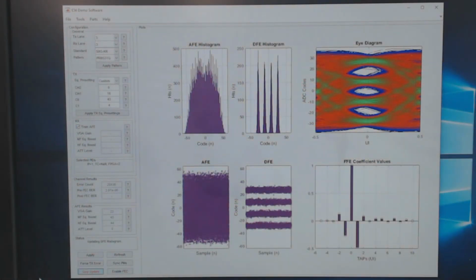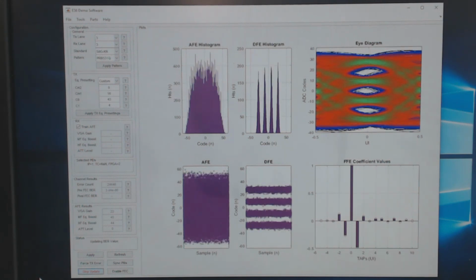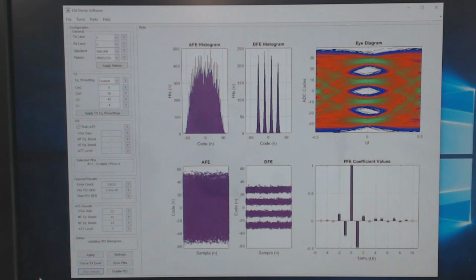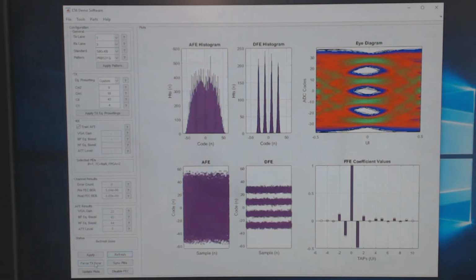Looking at the repeated diagnostic and bit error rate captures, you can see that the receiver DSP is able to open up the PAM4 eyes and that the raw bit error rate is on the order of 3 times 10 to the power of -6. The 56G Ethernet standard was designed with this raw level of performance in mind. That is why a Reed-Solomon forward error correction, or RS-FEC, scheme is included. Let's enable the RS-FEC and observe the post-FEC bit error rate. After resyncing the pattern matchers, we can see that the post-FEC bit error rate is 0.